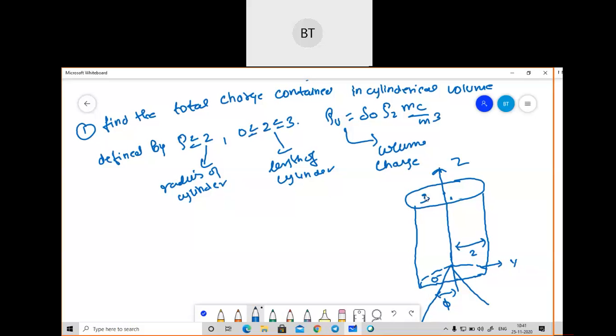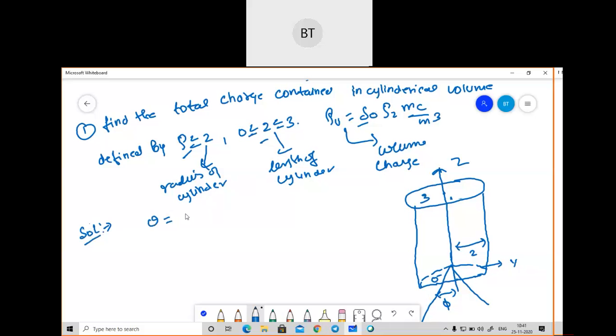Okay, so actually this is rho, this is varying from 0 to 3, this is rho v, that is okay, fine. So the problem is clear to you. So now let me move to the solution part. So what are we going to do? Since they are asking you to calculate the total charge, for calculation of total charge, what we will do,